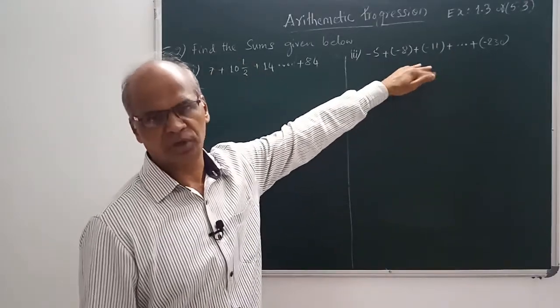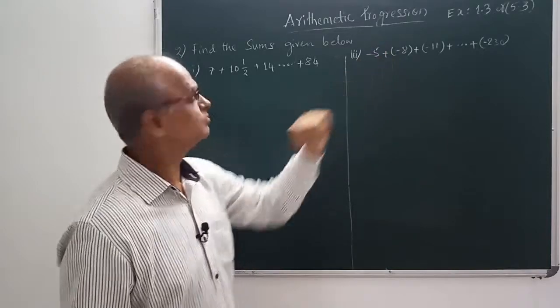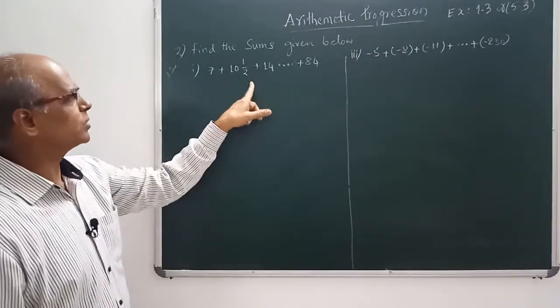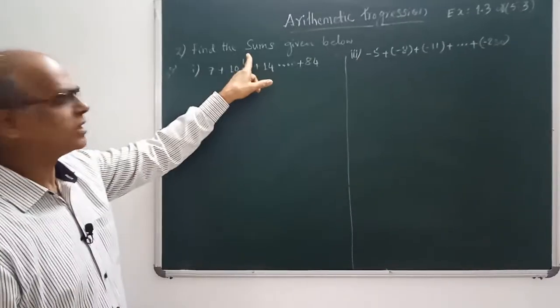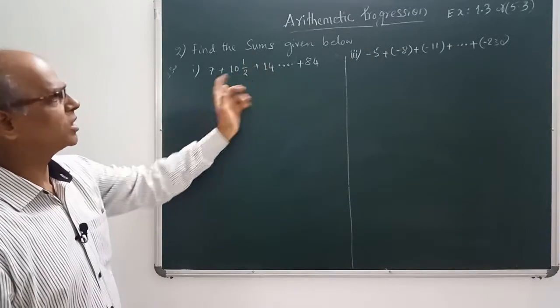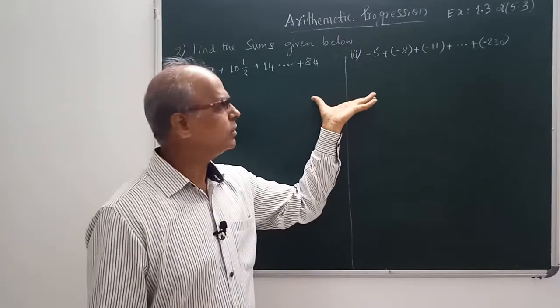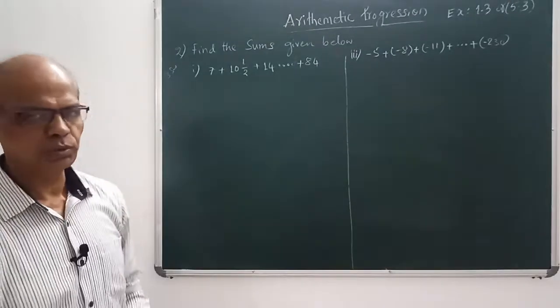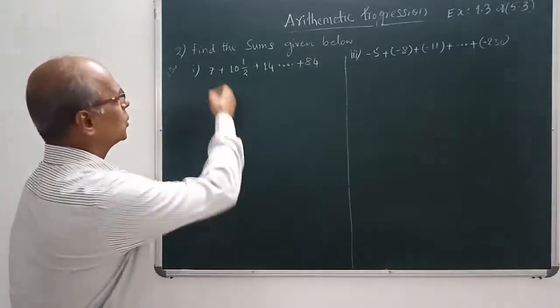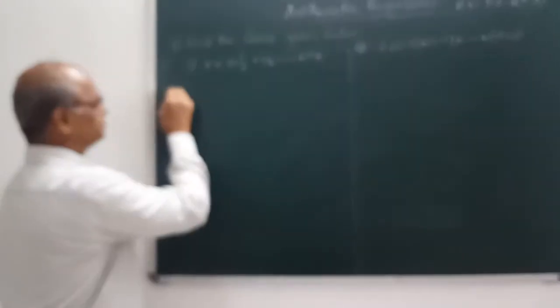Again the same sum like the third one. Sorry, second sum. Here 10 integer 1 by 2 means 10 times 2 is 20, 21 by 2, 20 plus 1 is 21 by 2. Again do the same way. However, these two I will do, the second one you have to do. Sorry. Okay, see here. The first one, solution.